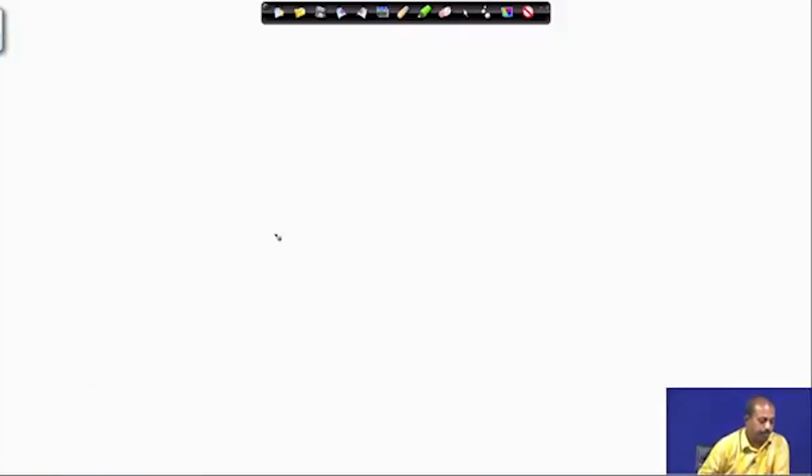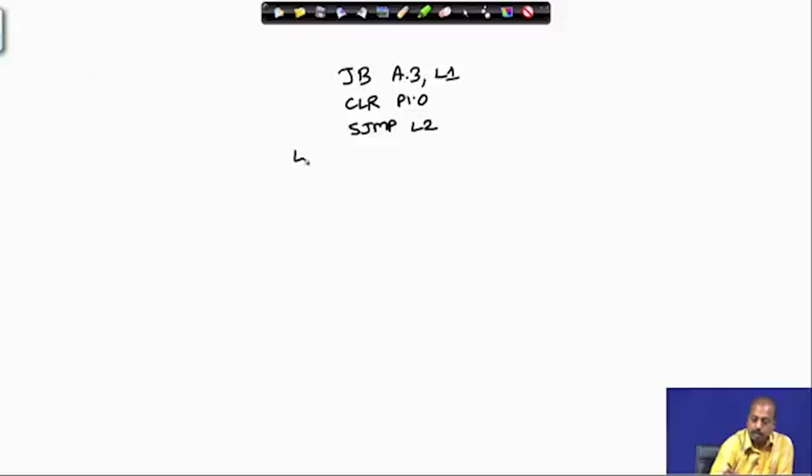Say we check this bit A.3, and if this bit is set, then we go to the label L1. Then we clear P1.0, and then SJMP L2. Then in L1, this is actually checking bit number 3 of the accumulator register,